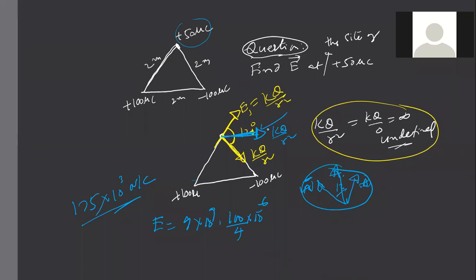You'll think the fields are existing independently. But I told you, even here, there is a contribution from this. But the issue is, the field of this is not defined at this point. So it will finally be because of these two. Plus 50's field will be there around it.